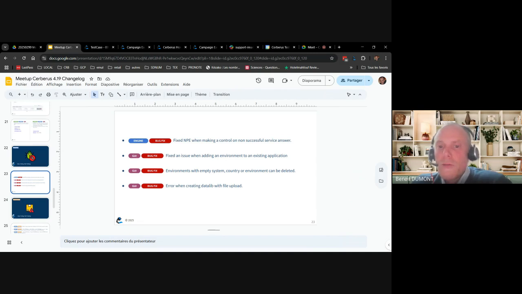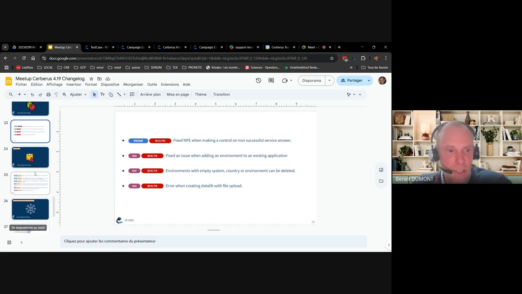There were some issues adding an environment to an existing application, which has also been fixed. There were difficulties deleting some environments if the countries had empty data, which has also been fixed. And there were quite a few errors when creating a data lib directly by uploading a file, which was not working at all. That has also been fixed.